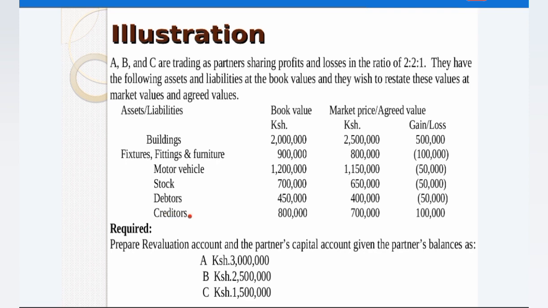Then we have the creditors, a book value of 800,000, the market value of 700,000, and meaning the difference is again because the creditors you are supposed to pay 800,000, but you can pay 700,000 in the market, so there has been a gain of 100,000. Required,